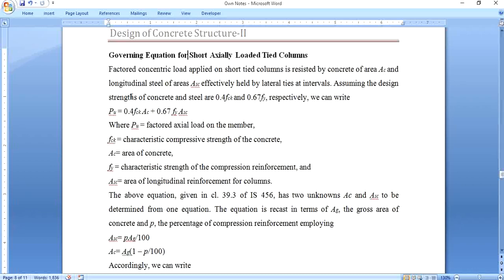Now, assuming the design strength of concrete and steel are 0.4 fck and 0.67 fy respectively, we can write the equation. The maximum factored load which can be taken by a column is given by Pu = 0.4 fck AC + 0.67 fy ASC,